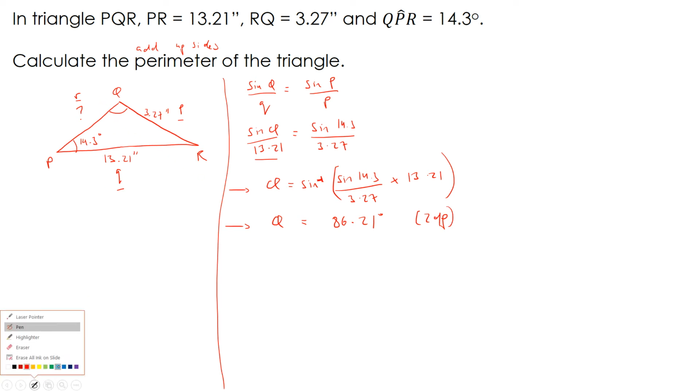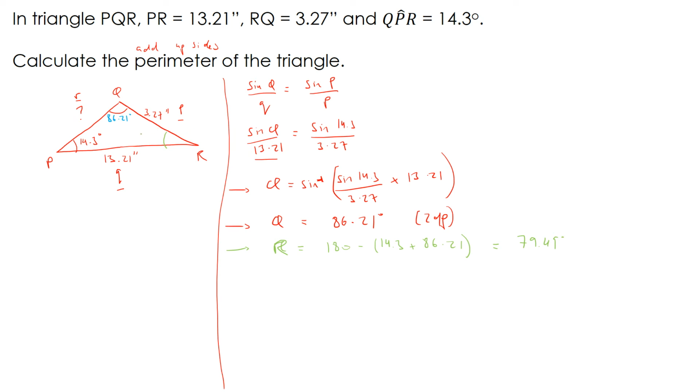Okay, so I'll put that on the picture. I'll try and do it in blue. I'll probably mess this up though. So angle Q is 86.21 degrees. And while I'm at it, I may as well work out angle R as well. Okay, because I've got 2 angles, and why not go for the third? I might have to use it. So maybe that would be 180 take away 14.3 plus 86.21. Okay, so 180 take away 14.3 plus 86.21. Angle R is 79.49 degrees. So I'll put that on the picture as well. And now I win, because